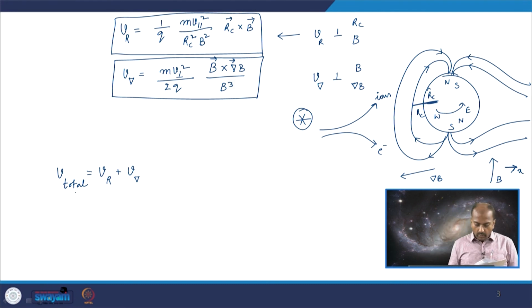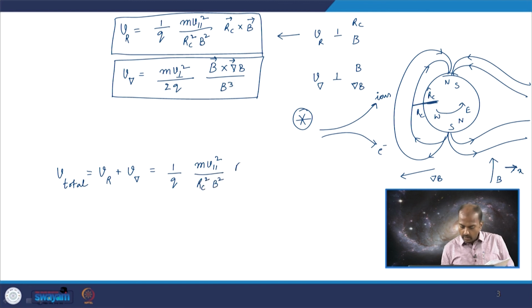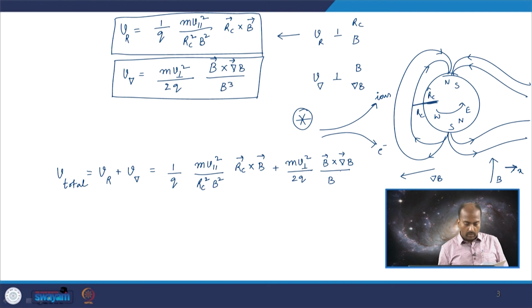So, we can combine these drift velocities as it is, which is m v parallel squared divided by R_C squared B squared times R_C cross B, plus m v perpendicular squared divided by 2 q B cross del B divided by B cubed,